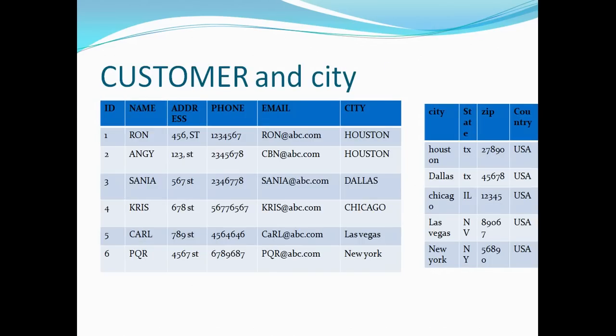That's the example of customer and city. So here again, if I have 50,000 records for Houston, I don't have to repeat all this information. And if by mistake the zip code changed or something changed, or I made a mistake, I just have to update a single row and the entire thing will be taken care of. So it actually resolved my data storage issue. It actually resolved my data integrity issue. But at the same time, it introduced the complexity of more and more joins and possibly a time delay as well because of the additional joins.